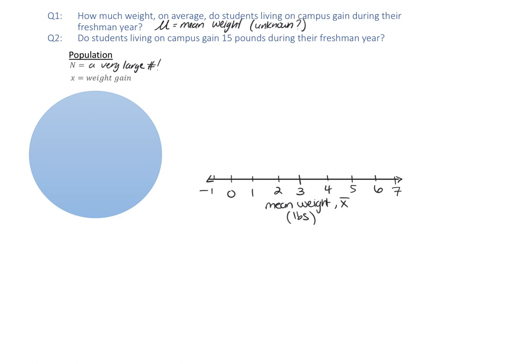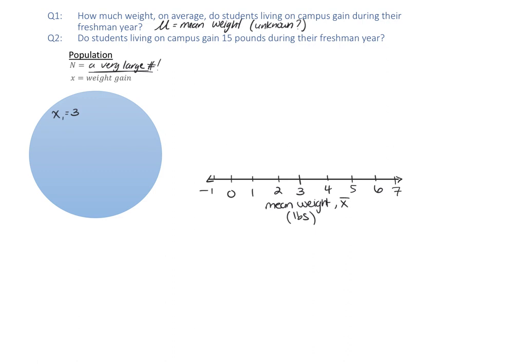So if we're looking at the population, which would be the weight gain of every single freshman student, let's just limit it to North America. This would be a very, very large number. So I don't know what N is. N is just a really big number, but we can think of X as the weight gain for an individual freshman student. So if this blue circle represents the population, then this circle, I want you to just imagine that it consists of a whole bunch of X values where each X represents the weight gain for a particular freshman